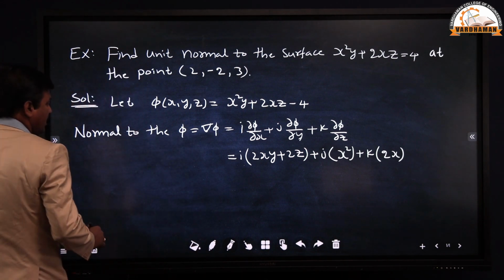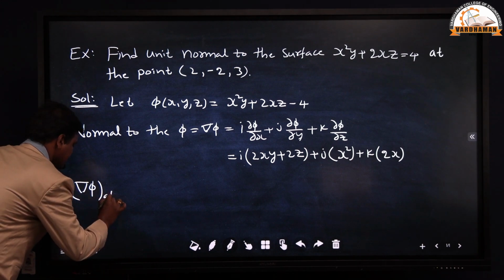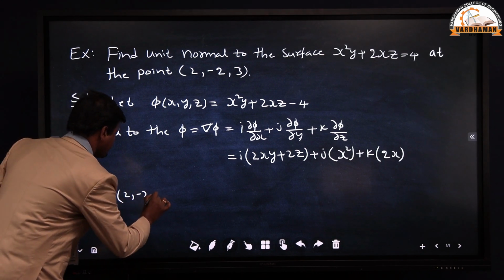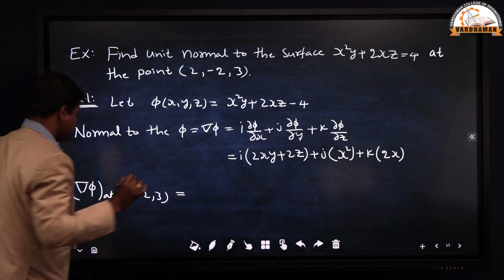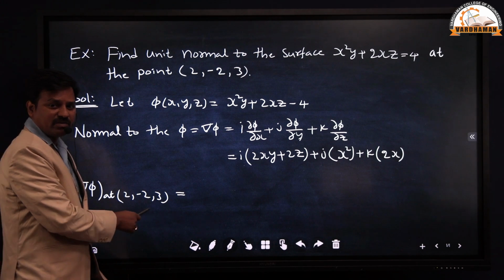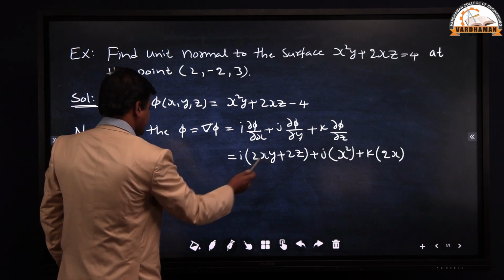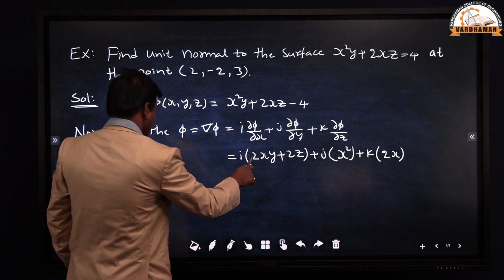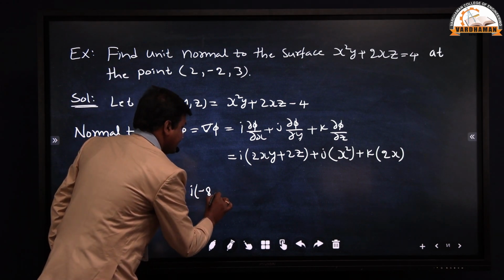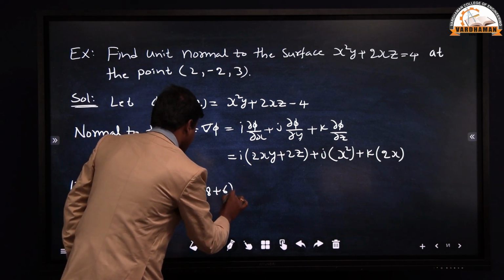2x. Now del pi at the point 2, minus 2, 3. This equal to, substitute in place of x 2, in place of y minus 2, in place of z 3. Then substitute here x equal to 2 and y equal to minus 2. So 2 2s are 4 into minus 2, minus 8. Next z equal to 3 plus 6